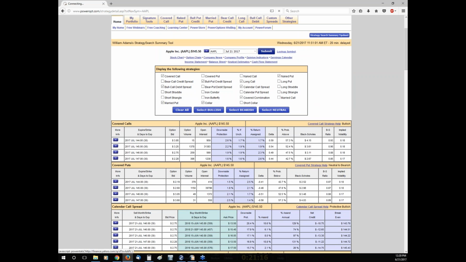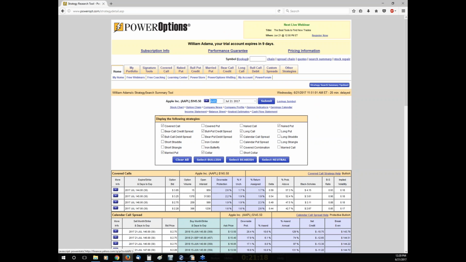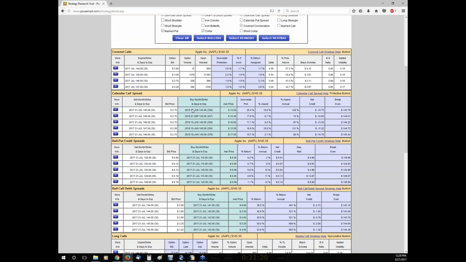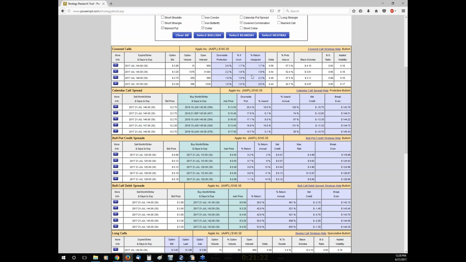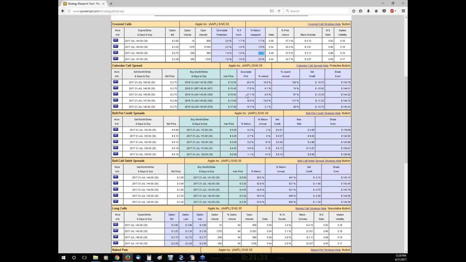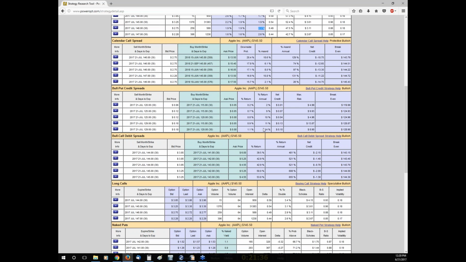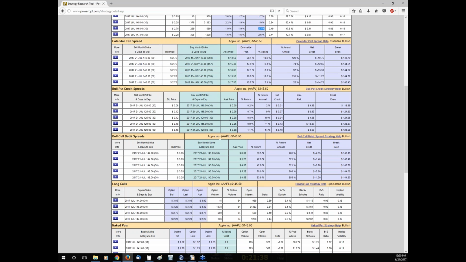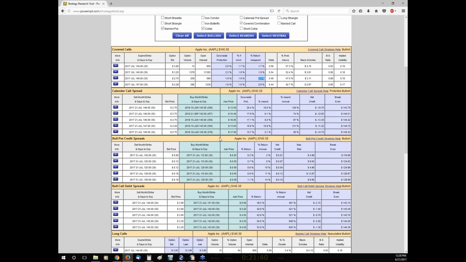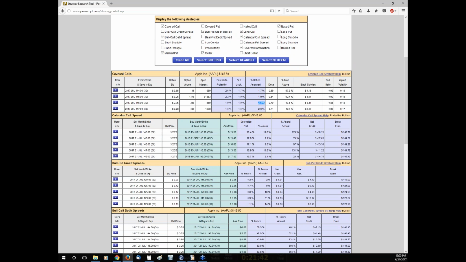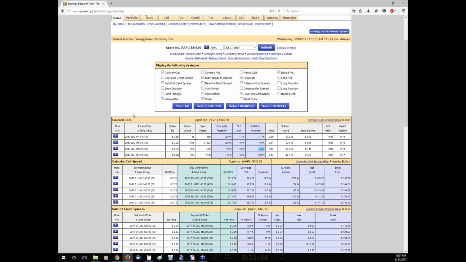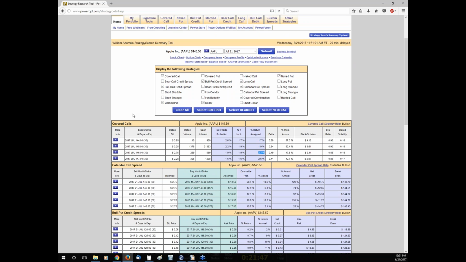Okay, so let's go ahead and take a look at our standard July expiration. And now we see the covered calls for standard July. Max return here of 2.3% and 2.6% with some downside protection. I can compare that now to the returns on the calendar spreads or on the bull put credit spreads as well, and so forth. So this is a quick tool that just allows you to view the returns and potential